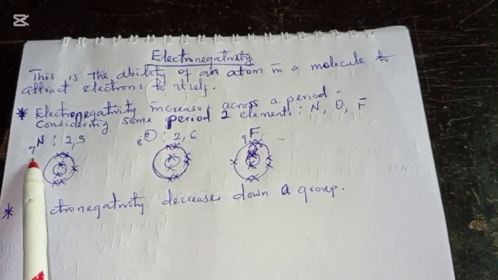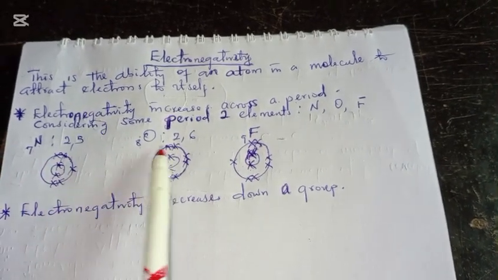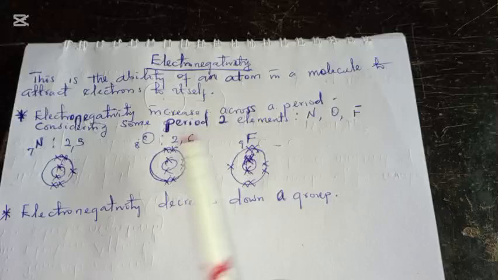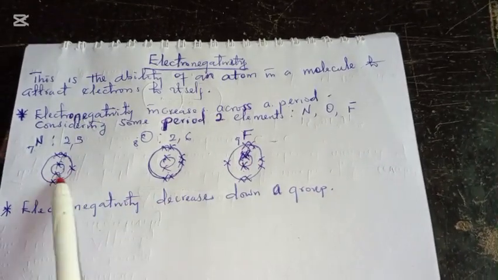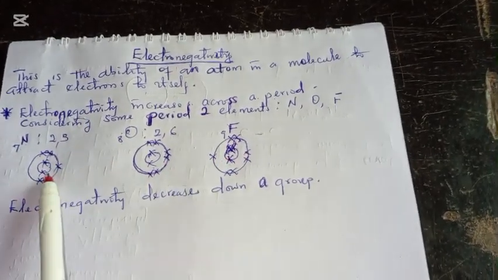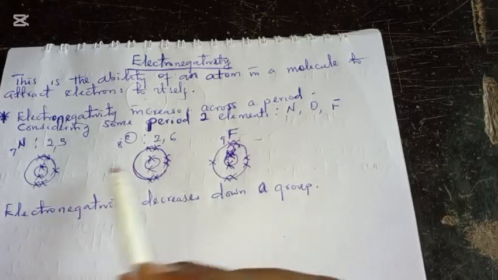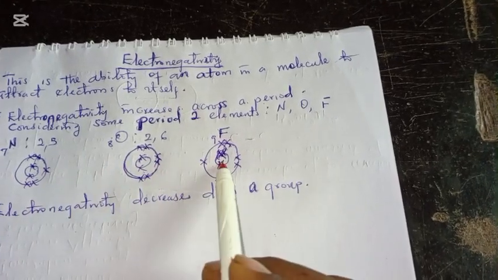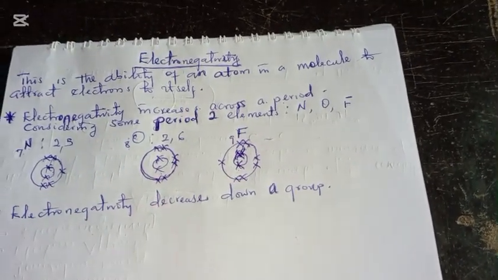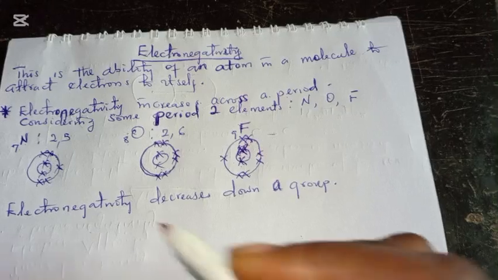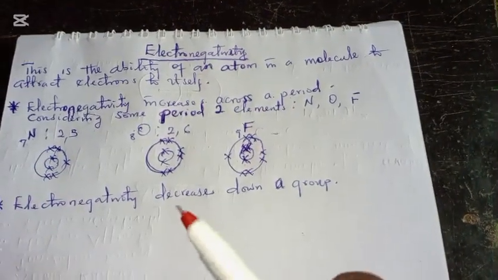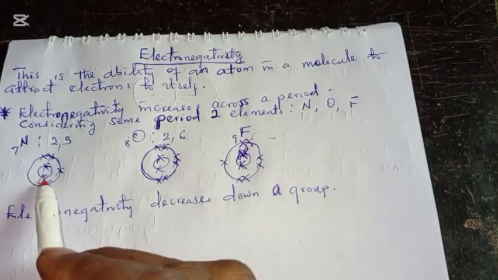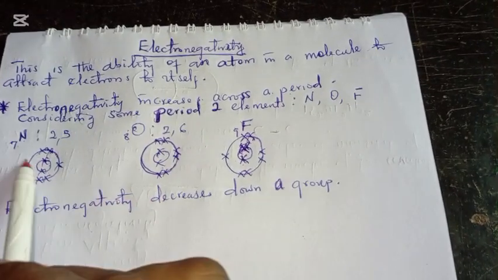Looking at the trend of protons from nitrogen to fluorine, you will notice that there is an increase in the number of protons. And remember that when there is an increase in the number of protons, the protons in the nucleus tend to attract the electrons to themselves. That is, there will be higher nuclear charge across the